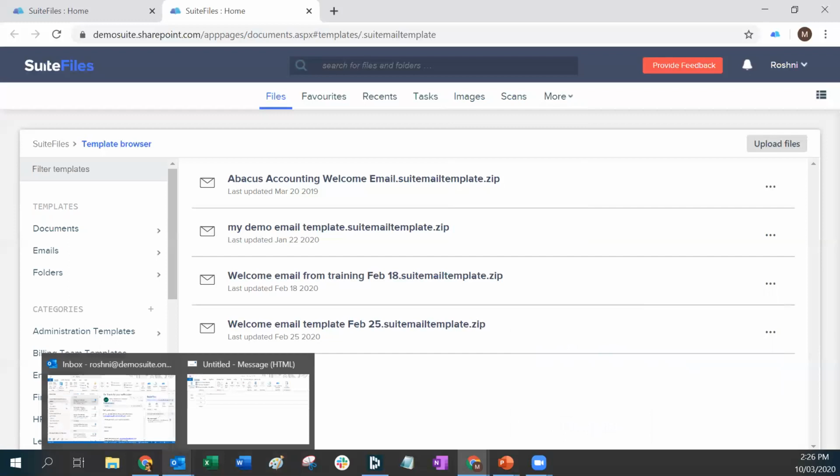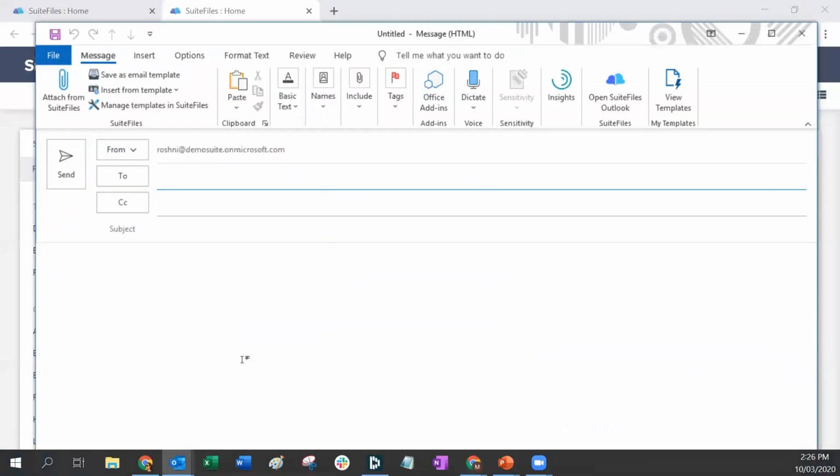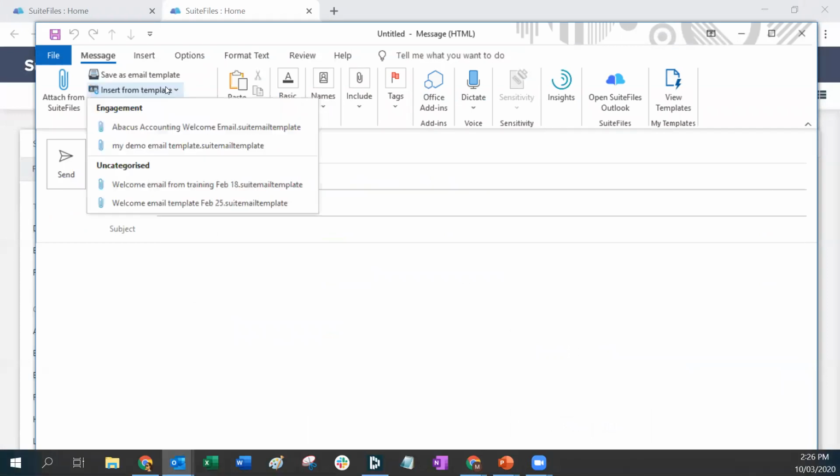One thing to note is that you will just need to restart Outlook in order for that to take effect. I added this demo email template to my engagement folder earlier this afternoon, closed down Outlook, opened it back up, and once I did that, it categorized itself accordingly. So just note that you need to do a little close and reopen of Outlook to have that take effect. That one has been kicking around for a wee while now, so you might have stumbled upon it,